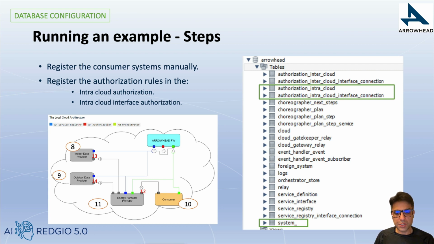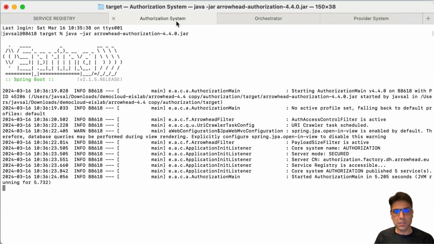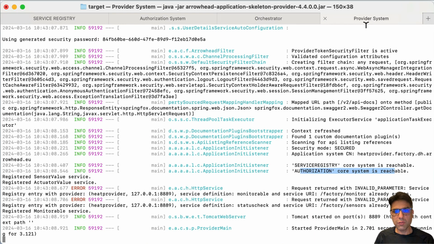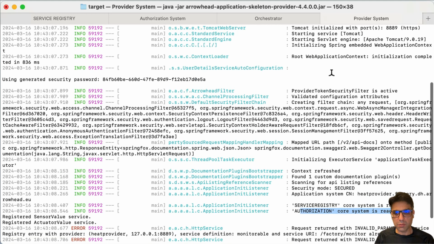So as I can show over here, while running the service registry, authorization system, and orchestrator core systems, if we run a provider system, which in this case is a heat provider system,